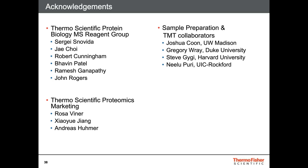because I know a lot of people try to make their own aliquots or reconstitute the tag and then dry it down and freeze it. Unfortunately, the TMT reagents, although they're extremely reactive towards amines, are also very reactive towards water. So temperature is not that big of an issue, but water and moisture is the number one killer of TMT. If customers don't handle or store the product correctly, the tag will hydrolyze,